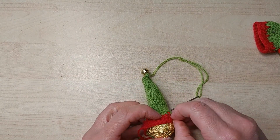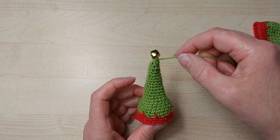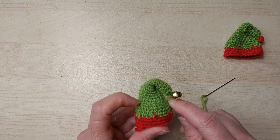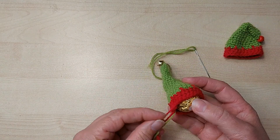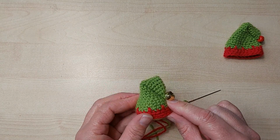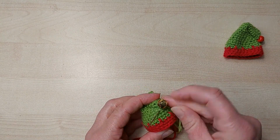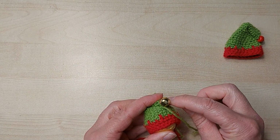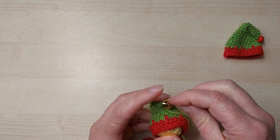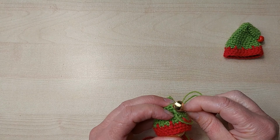I know, like I say, you should have sewn in the other ends before you got to this point, but never mind. So I've sewn it, popped it on my chocolate, and I'm deciding where it's coming down to. Okay, so I'm about there possibly, or I want that at the back, don't I? So let's take it about there. I think that's okay. So then I'll just hold it in place, and because I've still got this sort of fastened up, I can just sew it into place. I've gone a little bit into the top one, hope you can see that, and then one more into this one. I'm going to tie a little knot next,